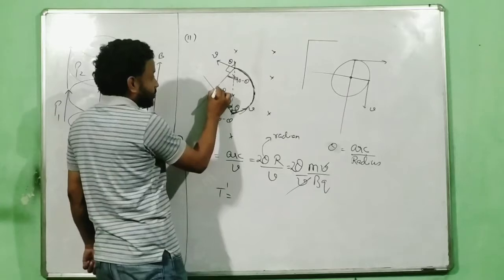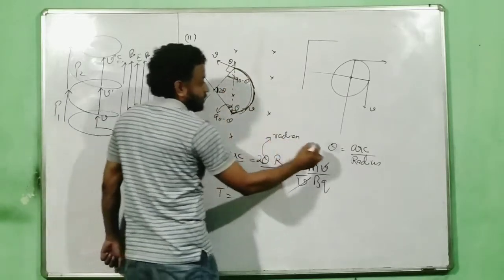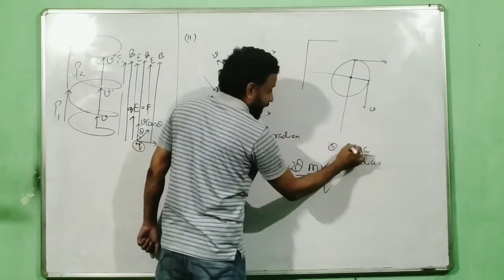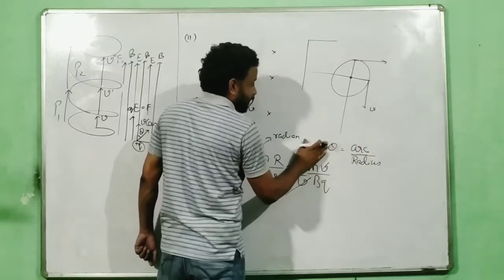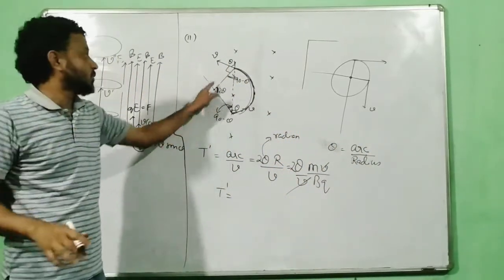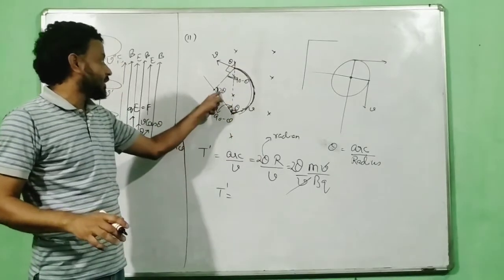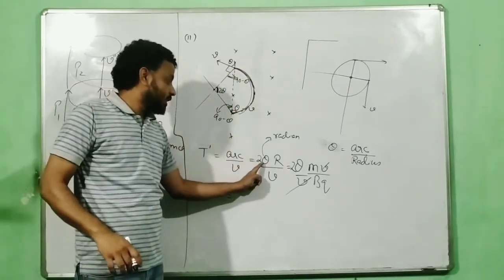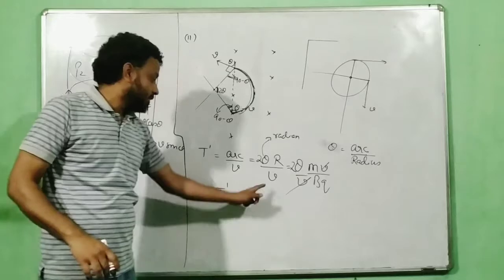Because this is the angle. So for this angle, this was the R. So for theta angle, if this is the R, so for 2 theta, okay, I will not trouble this. You have understood, am I right? The angle itself is 2 theta. So this radius, this arc length will be with respect to this 2 theta. So 2 theta multiplied by r is equal to radian divided by velocity.